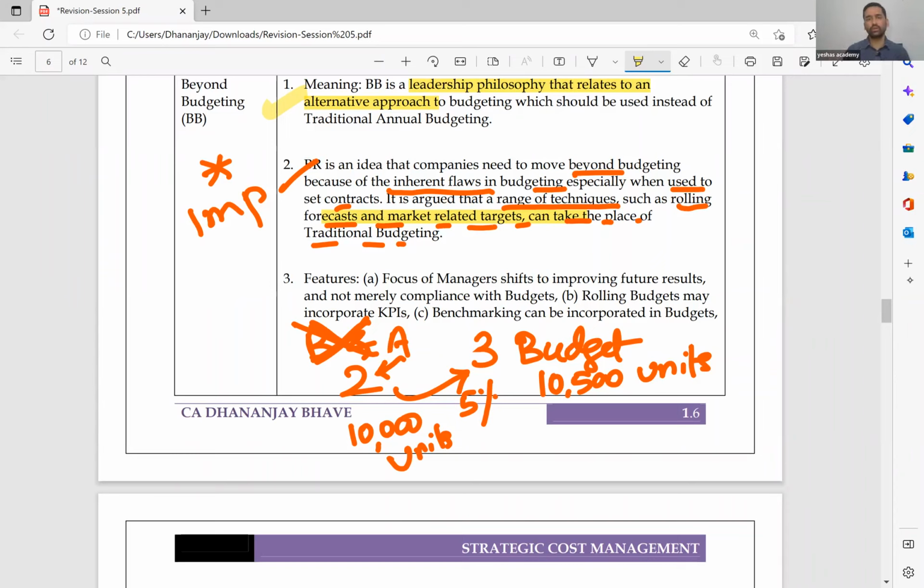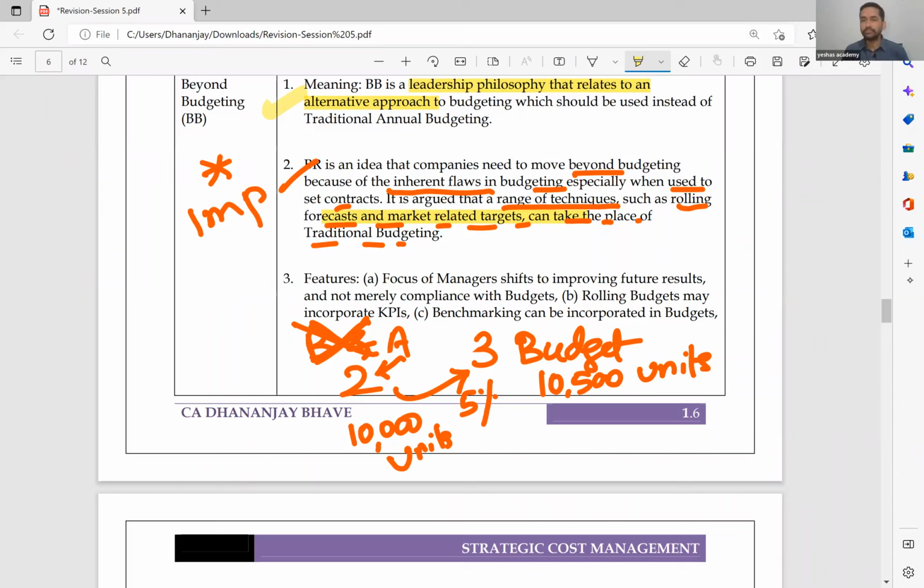Why am I still talking about old numbers? Let me set the target based on market. Let me also try and achieve 12,000. Now you go back and think how you can improve production to 12,000. That means now your budget is totally based on market factors, best practices, competition, and that is how the budget